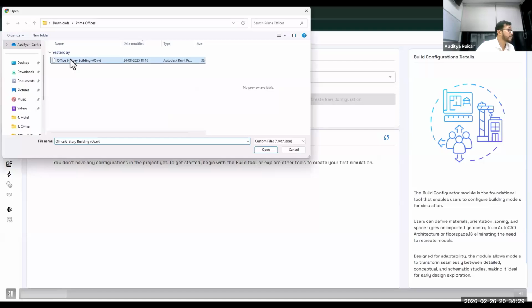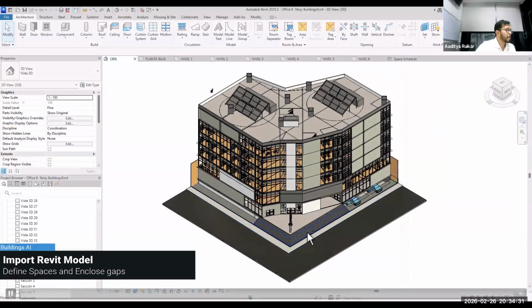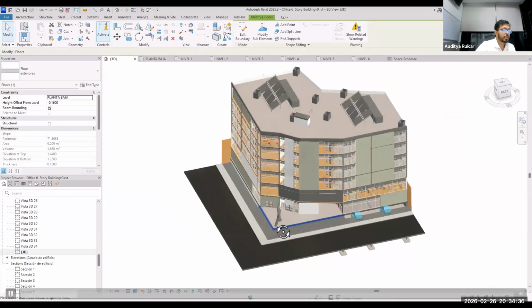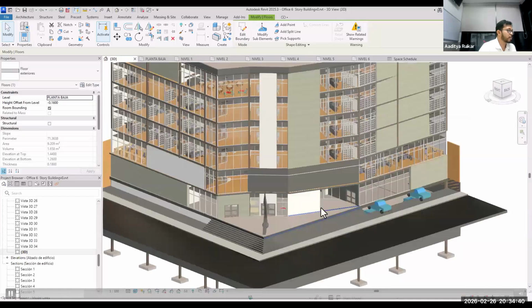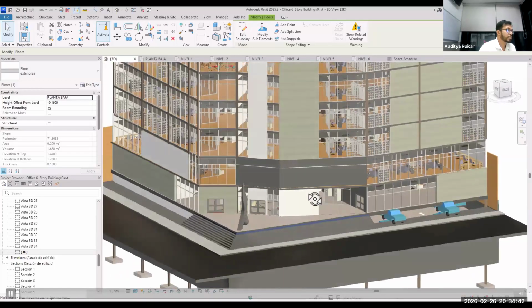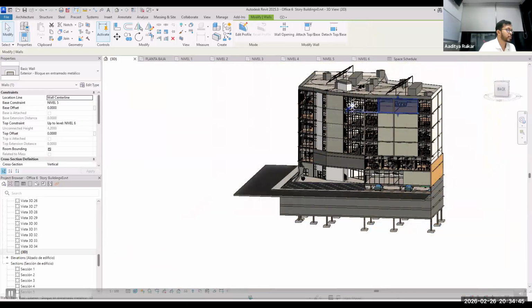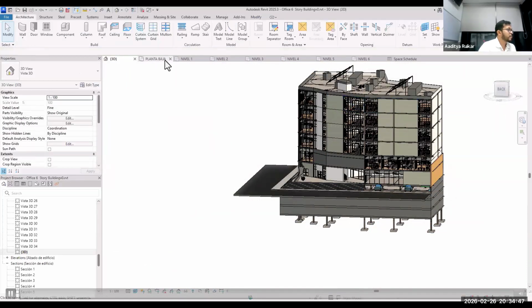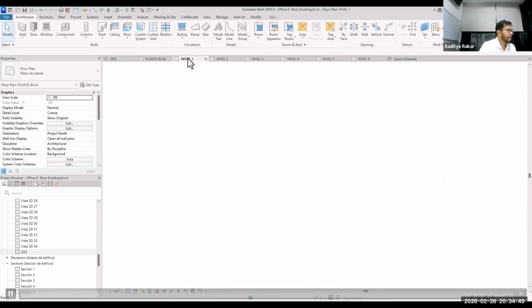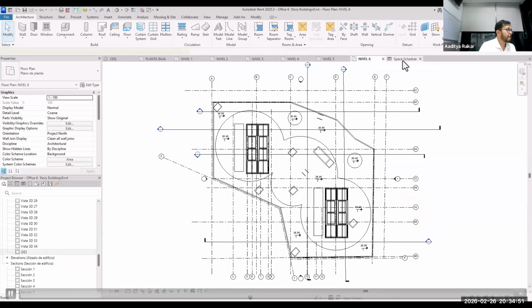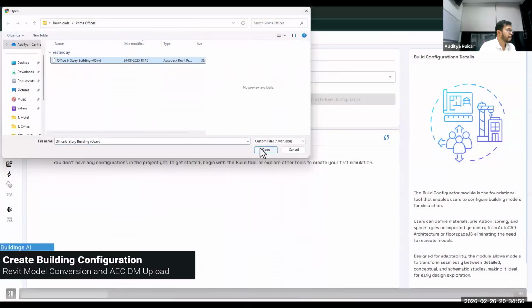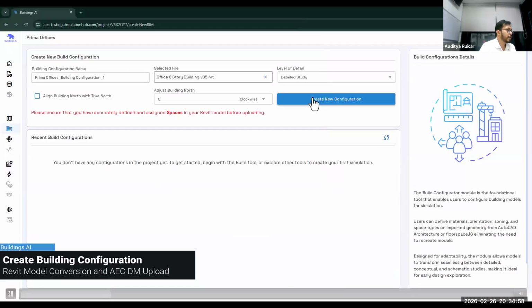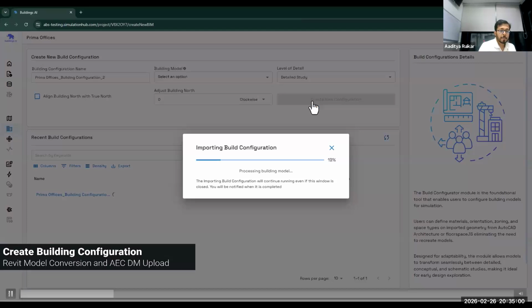As I already have my detailed Revit model, we have a Revit plugin on the ASHRAE Store that you can download and check whether your Revit model is ready for load and energy simulation or not. Then I import my Revit model.